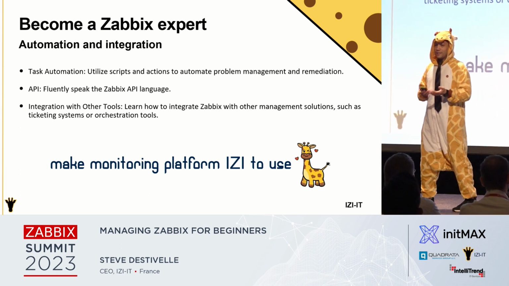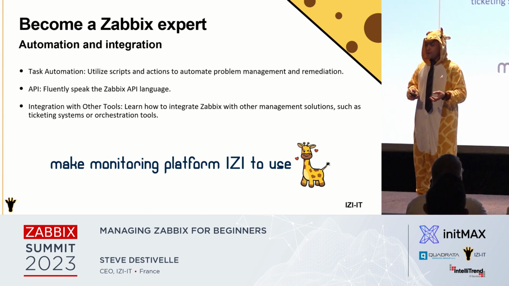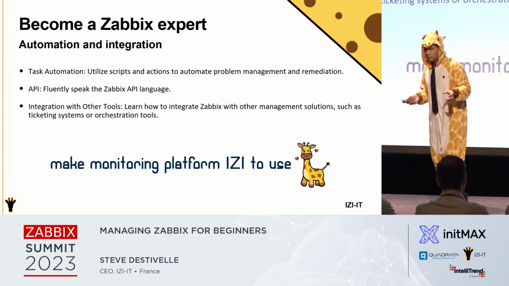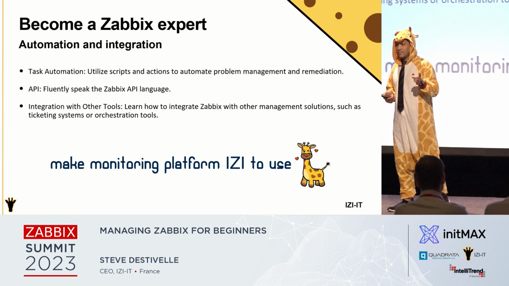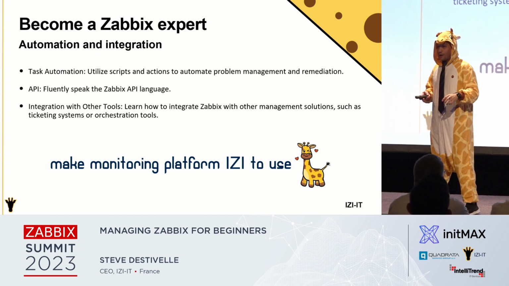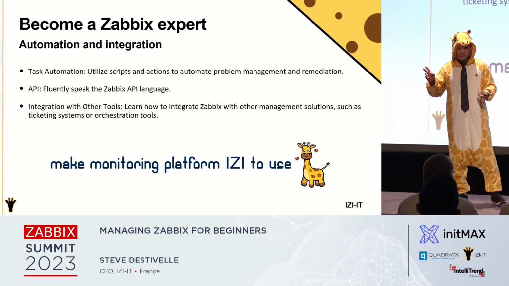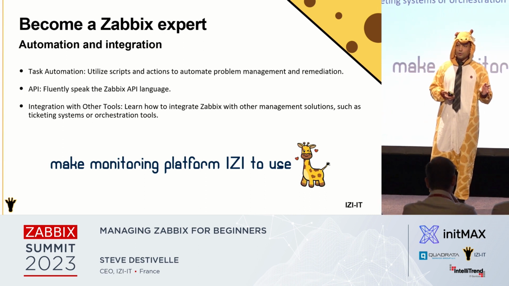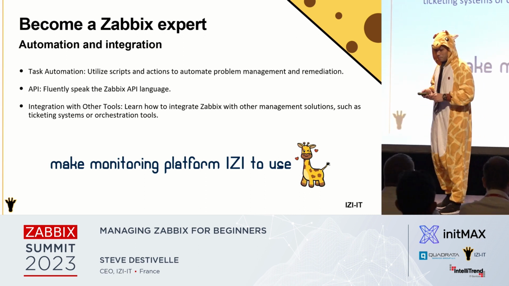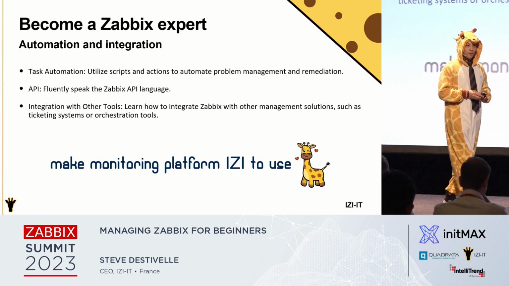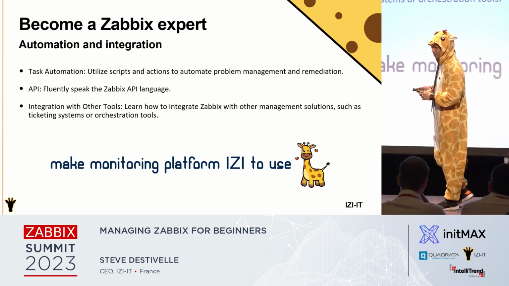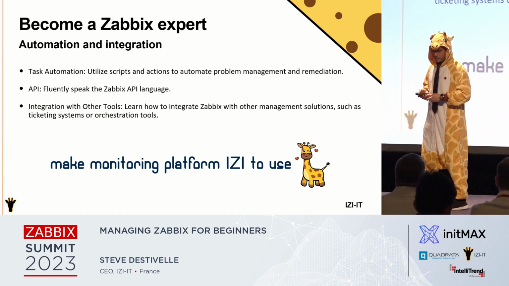You have to speak fluently Zabbix API, because with Zabbix API, you could do everything. If you remember, there are almost 273 methods in Zabbix. All things that you do with your mouse, you could do with the API. I think that there is, just for the maintenance, we are not able at this moment to retrieve the status of the maintenance. Maybe if there is some Zabbix developer, it could be a ZBX Next to have the capabilities to retrieve the status of the maintenance with the API.